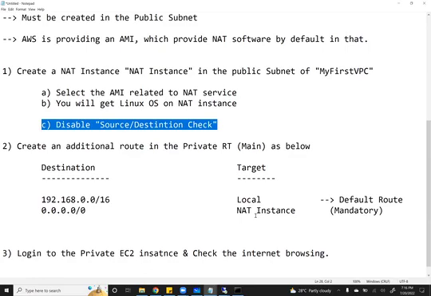I think we cannot complete the NAT gateway today. So tomorrow we can do the NAT gateway. We will stop after completing this NAT instance. But no one will use the NAT instance because it has a lot of challenges or disadvantages that we can compare with the NAT gateway. Then you can understand the things. Okay, so now let us